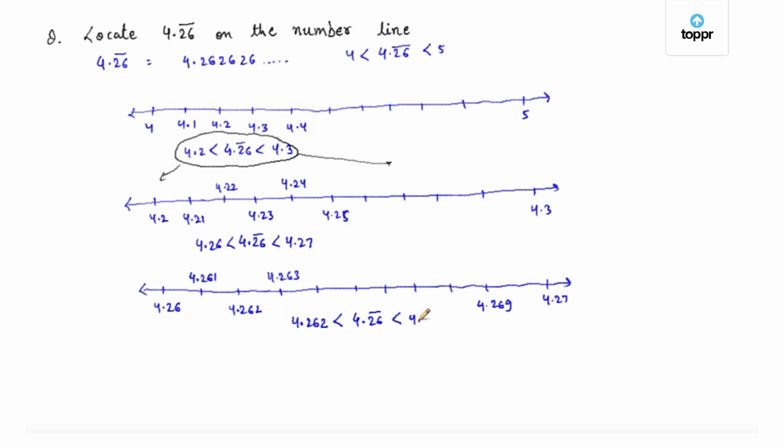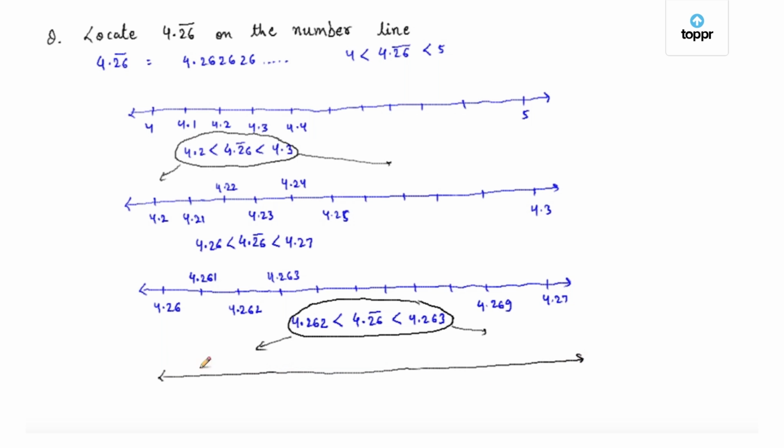Now, we know that 4.26 bar lies between 4.262 and 4.263. So, to visualize 4.26 whole bar more accurately, we will divide the portion between 4.262 and 4.263 into 10 equal parts, with 4.262 and 4.263 lying at its extremes, and the portion between them will be divided as 4.2621, 4.2622, 4.2623, 4.2624 and so on